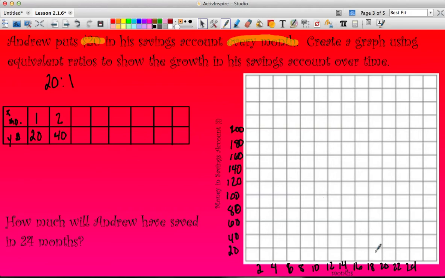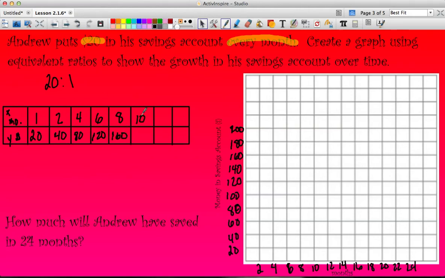I know I need to get up to these numbers up here, but I'm also going to show you how to find the answer without actually graphing it, without using the graph to figure it out. So we're just going to keep kind of going up by 2. So if I multiply, I can multiply this by 4 and this by 4 and get 80, or I can just go back and say times 2 times 2. Okay, but I'm going to keep going back to my 1 month, so I'll have 6, so times 6, and then times 6, times 8, times 8,